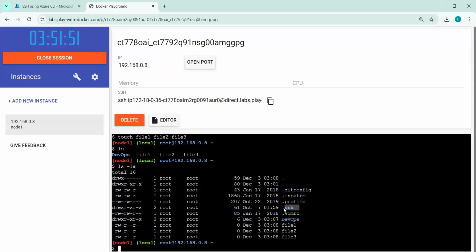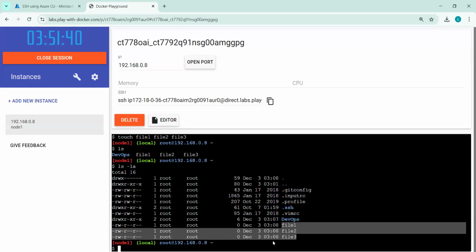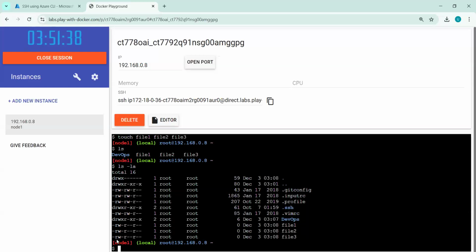Then .ssh. This is a directory because it starts with a d. And then DevOps. This is a directory which we created. It starts with d. And these are the 3 files, file1, file2, file3, which we created. They start with hyphen. Okay. So now these commands we have learned yesterday, how to create a file, how to create a directory, and